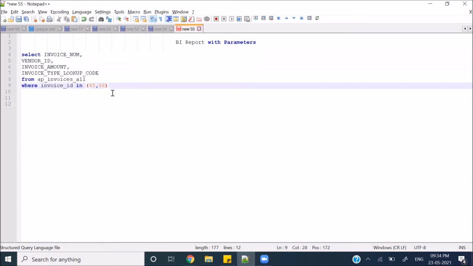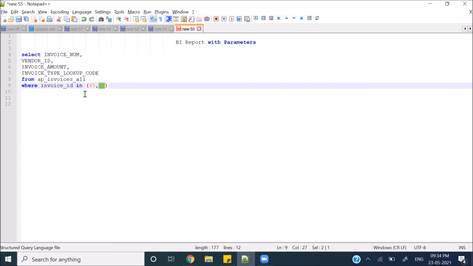In the last session, we created a BI report in which the query we used was this one, and we were actually hard coding the values. We were only looking for the data where invoice ID may be equal to 45 or 46, so we were getting the data for both.